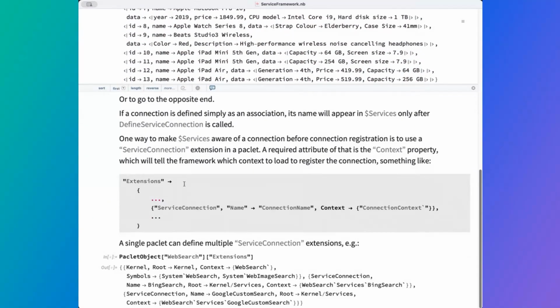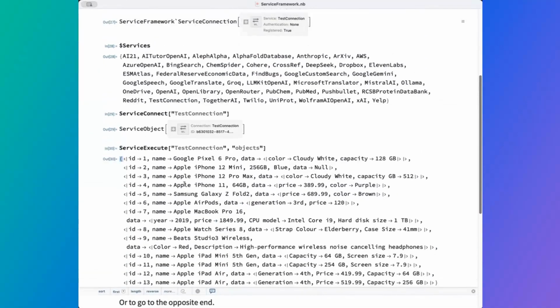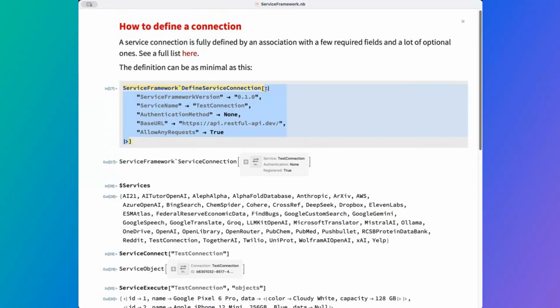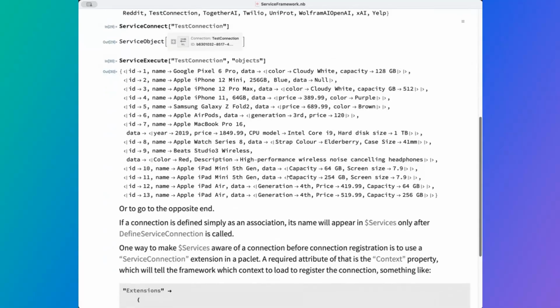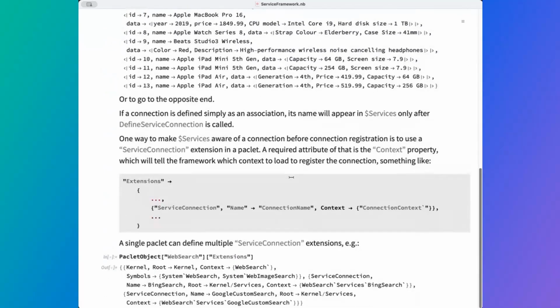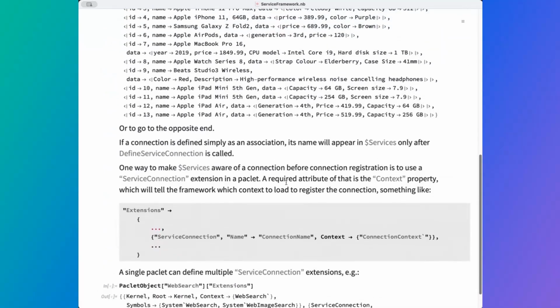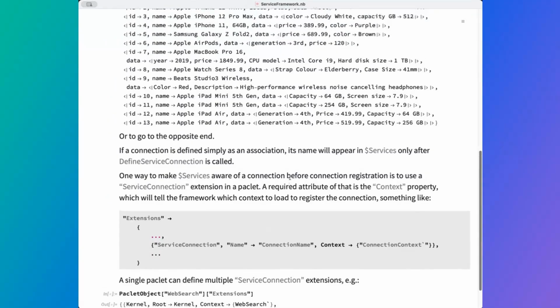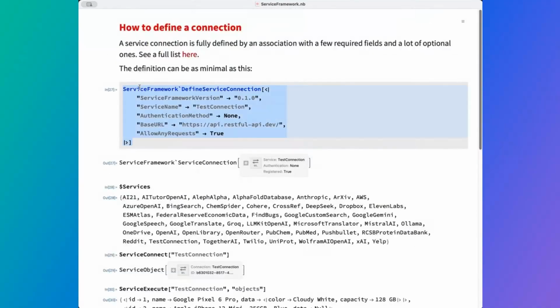So this is the basic way, right? In a kernel session, you build your association and run the find service connection. But what if you wanted something a bit more permanent that could be discovered by the service framework at startup? Well, that is what packlets are for in general. You could build a packlet that has inside it a call equivalent to this that will evaluate once the packlet